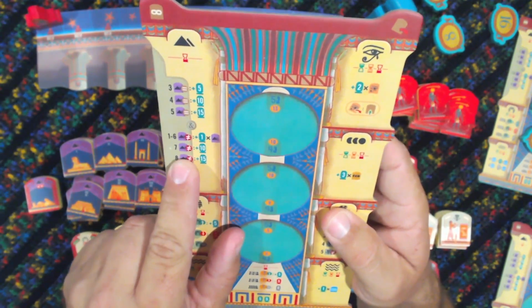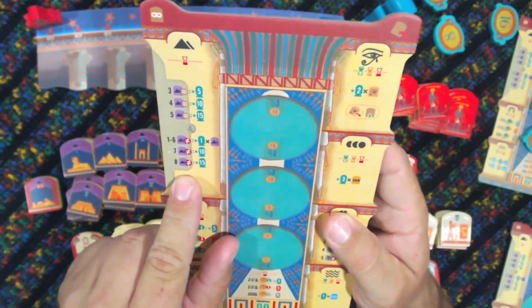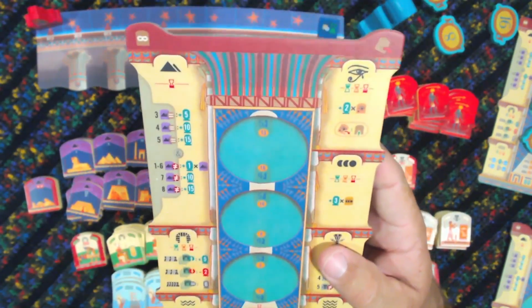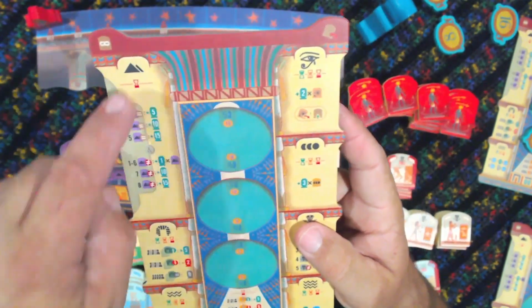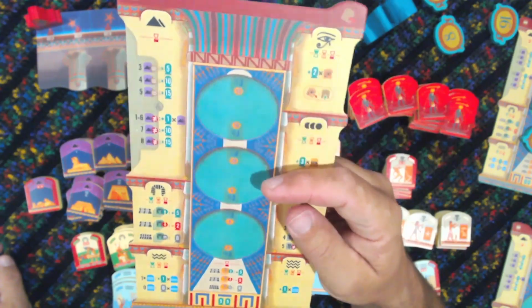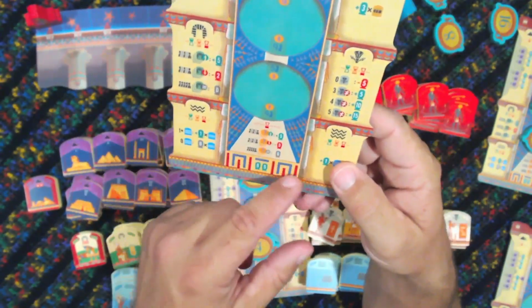If you have 7 different ones, you get 10 points. And if you manage to have one of all 8 different monuments, you get 15 points. Once again, these are only scored at the end of the epic. The last type of scoring you're going to have is going to be at the end of the final epic,